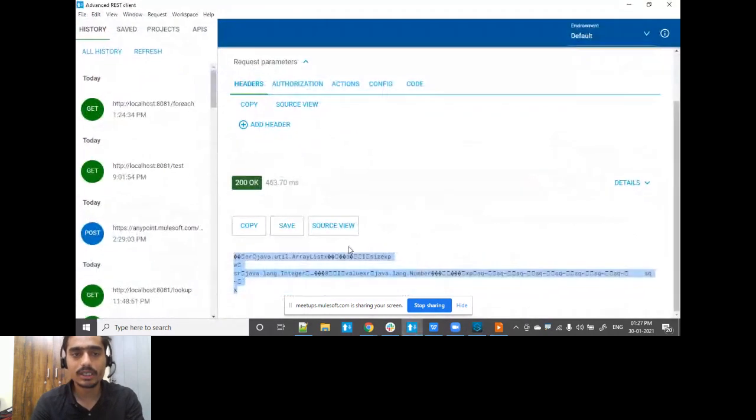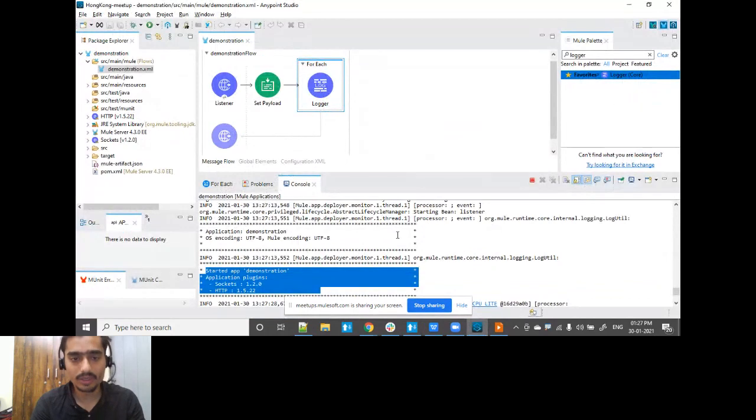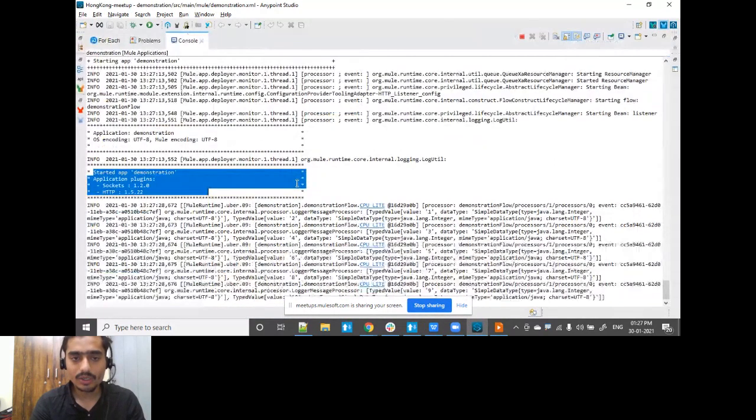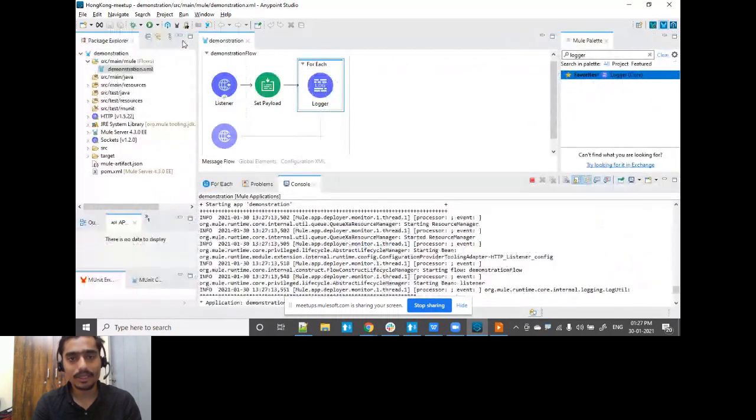I'll again go ahead with my Advanced REST Client to trigger the application. And once I come back, now if I check my console, there will be a slight change. I will have 2 records at a time. You will see value 1, value 2, and another value 3, value 4. So instead of pushing 1 record at a time, we are basically able to push a simple collection of 2 records as an input for processing the data. Okay. These are the 2 things at the basic configuration.